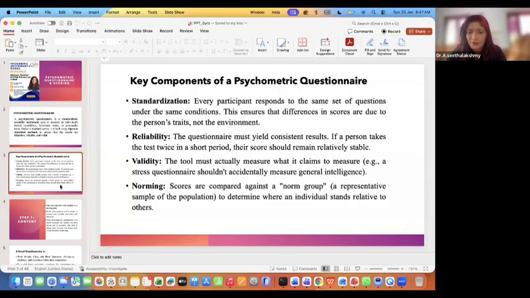So whenever you measure, however you measure, it should give you the same result or similar results, or maybe we can call it relatively the same. That's what we call reliability. We'll come into the detail of that.